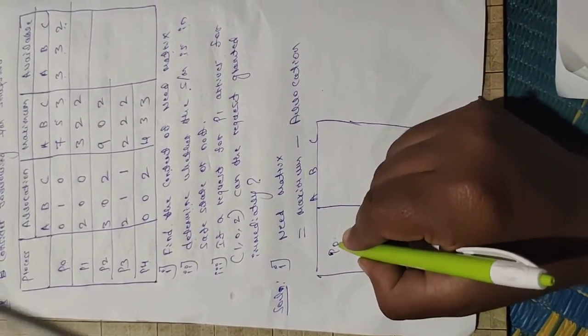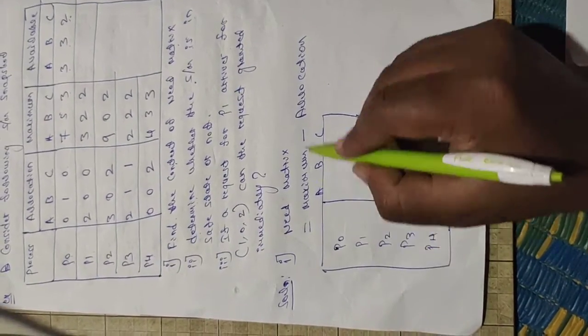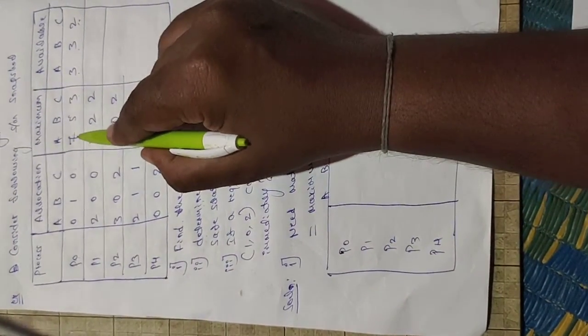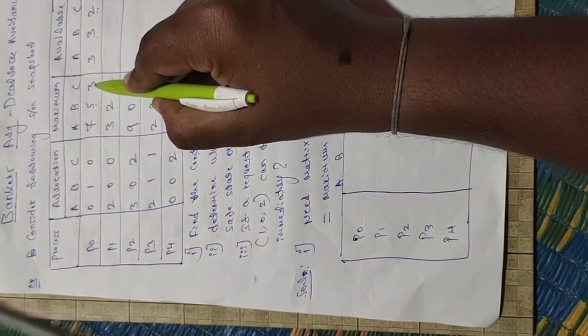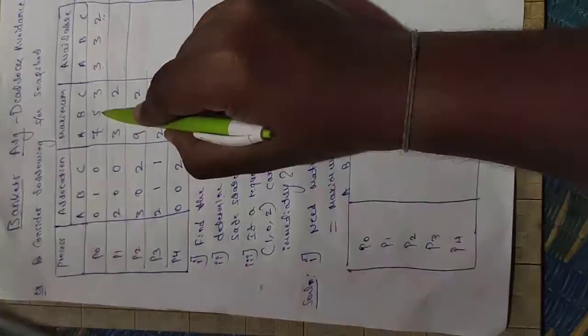Then for P0, I have written maximum minus allocation. Maximum is how much? 753. This many they need to complete the execution. The P0 process needs 7 copies of A, 5 copies of B,